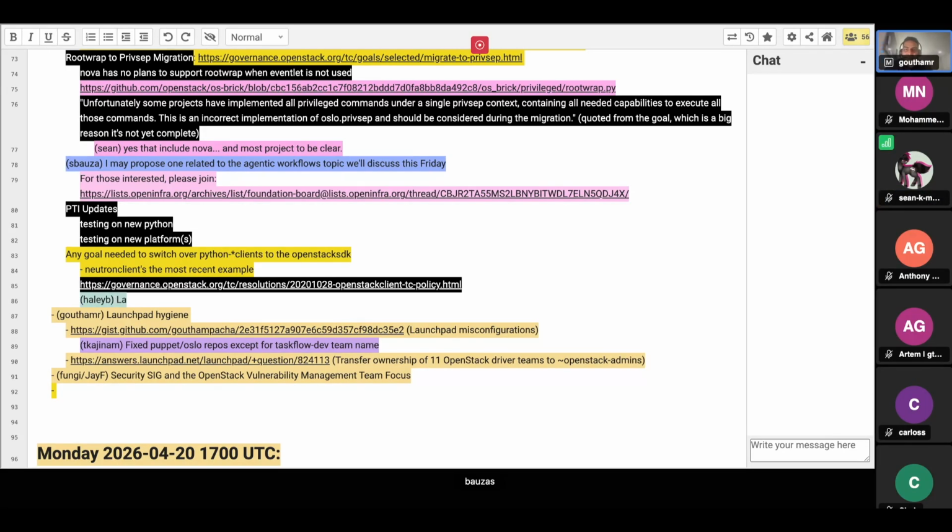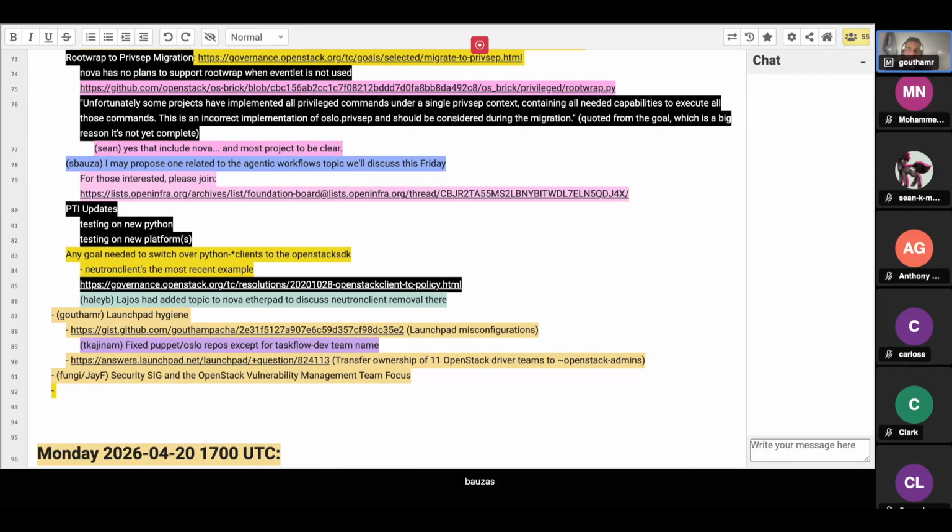There's a bunch of Launchpad misconfigurations. We discovered this when we were working through security bugs, which is going to be the meat of the next topic, so I won't give you too much of a preview there. But Launchpad is the biggest set of trackers that we have for all OpenStack projects. Operators are very familiar with it. They file bugs all the time, and we're starting to see some inconsistencies and some things that prevent us from doing proper work around security issues, for instance.